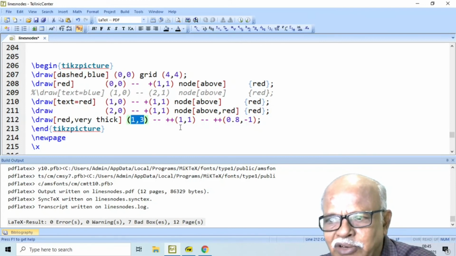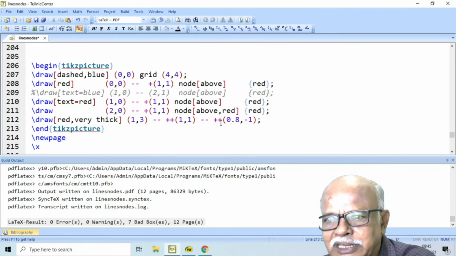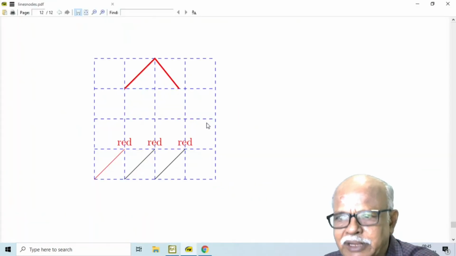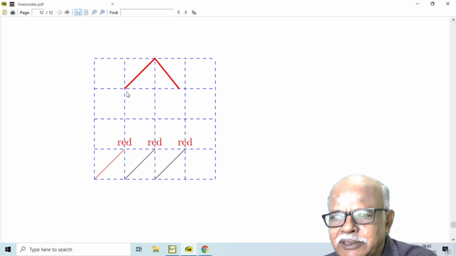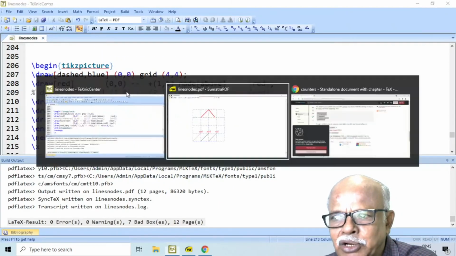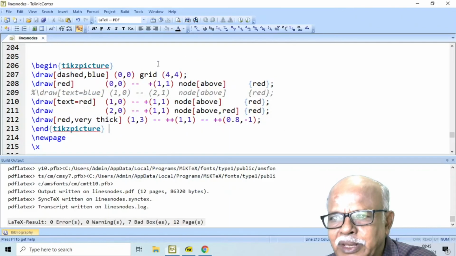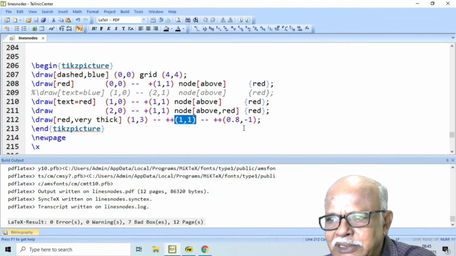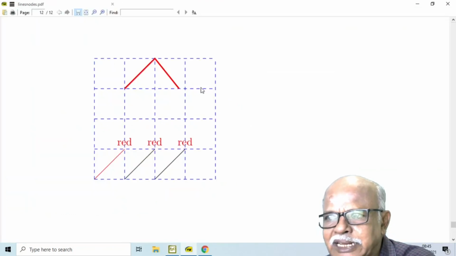Therefore, its actual value will be 2, 4. Similarly, for this, compile it. It will be from 1, 3 to 2, 4. Again, from 2, 4, relative to this value is calculated. From 2, 4, this will be 2.8, minus 3.